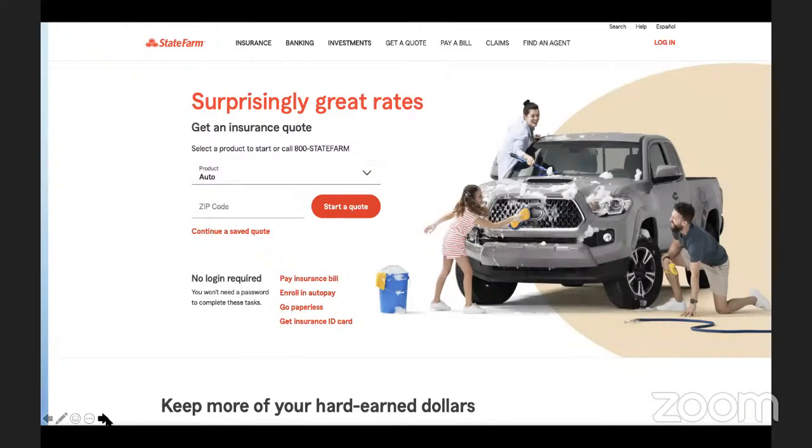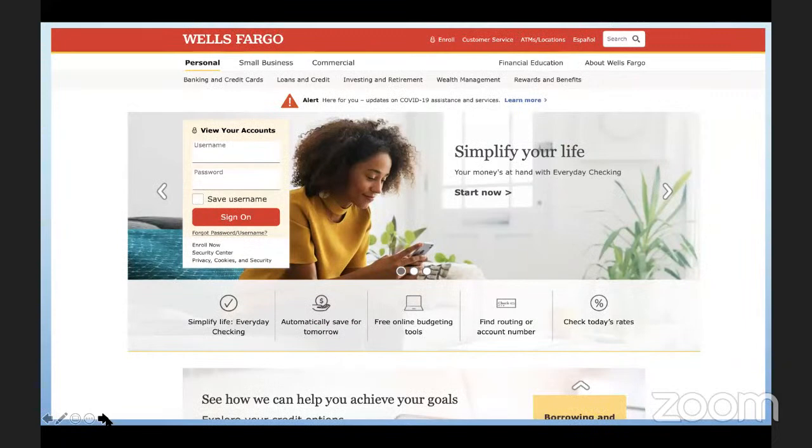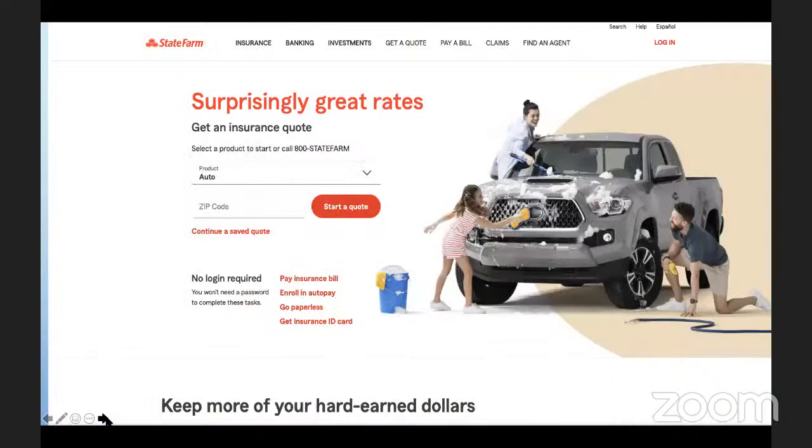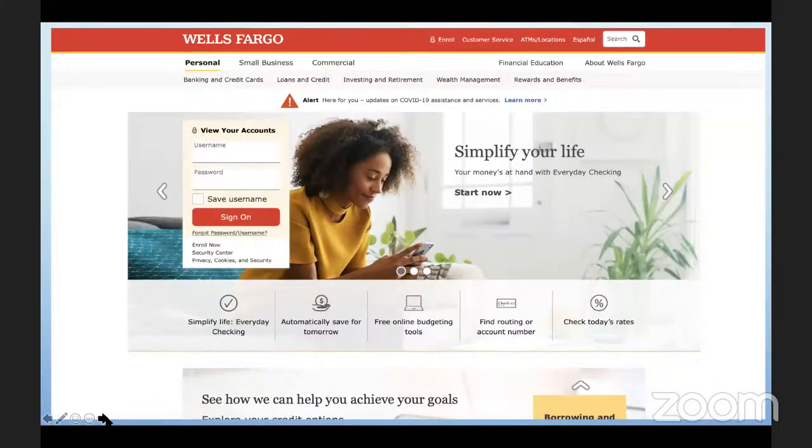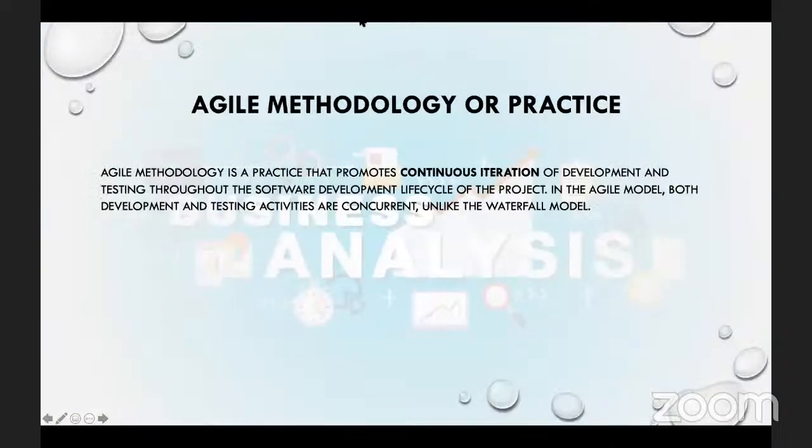Okay, so Agile is the same kind of framework we use for building the same platforms, just like we did for waterfall. Just like I was showing you these examples of Wells Fargo, eBay, State Farm, same thing. You can use the Agile methodology for building applications, in the same magnitude and the same volume. You will not do less, you will not do more. It's the same kind of platforms, but the methodology is what we are discussing here this morning. The methodology is different, right?